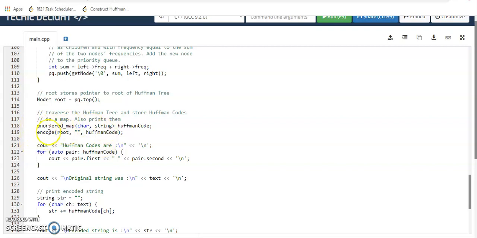By the execution of this encode function, we get the map huffmanCode, in which the elements are stored as a container: the character and the associated binary code. Now we need to print each element of the map. That means we need to print the first parameter, that is the character, and the second parameter, that is the actual binary code associated with that character.